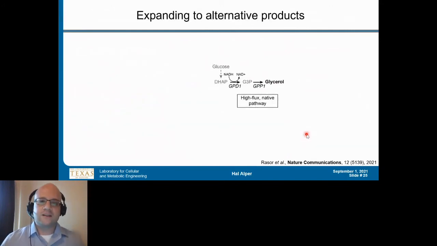So we wanted to see if we can expand to other products. So we took alternative pathways. Talked about glycerol before. We can very rapidly prototype glycerol in vivo by using our CRISPR-based systems. So we had a wild type cell and we had a rewired cell. And we can actually then take that, make lysates from those.